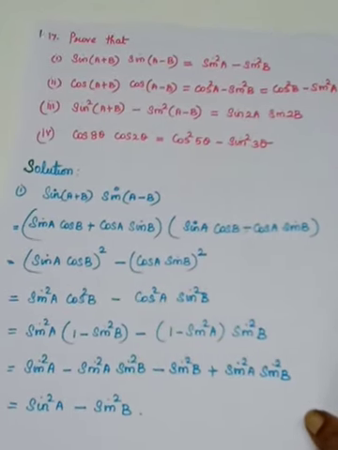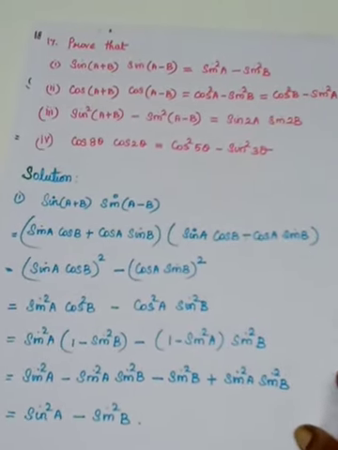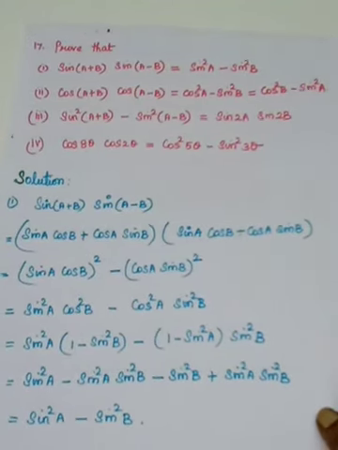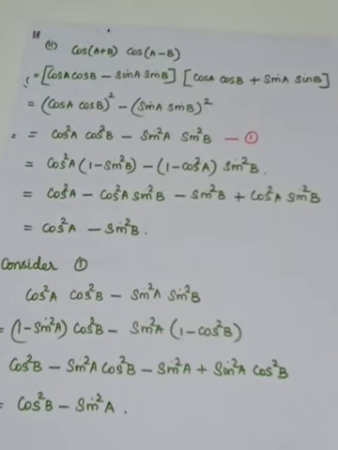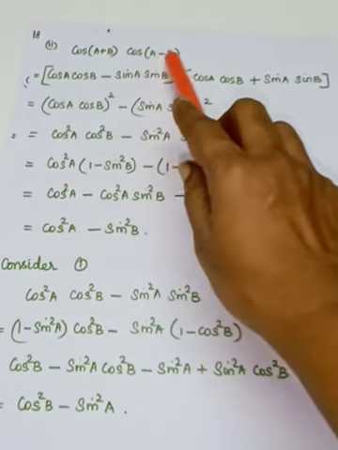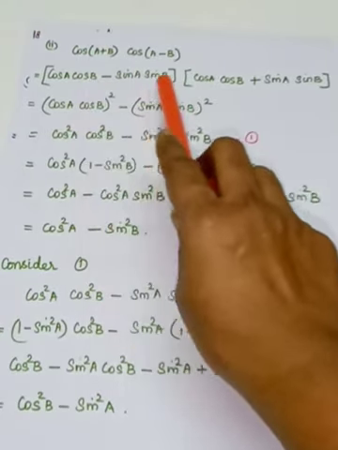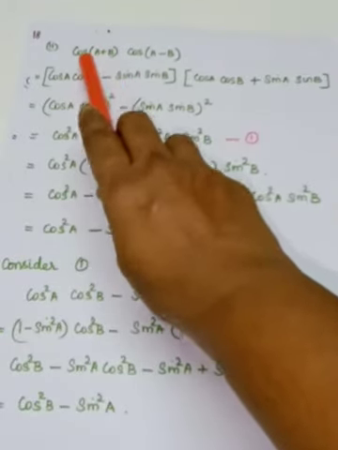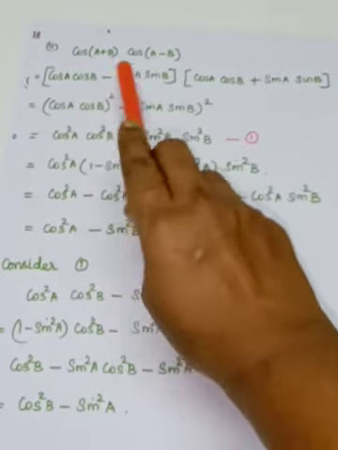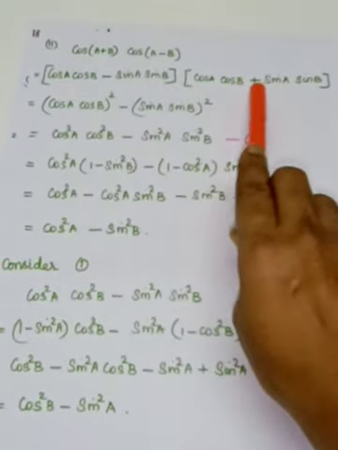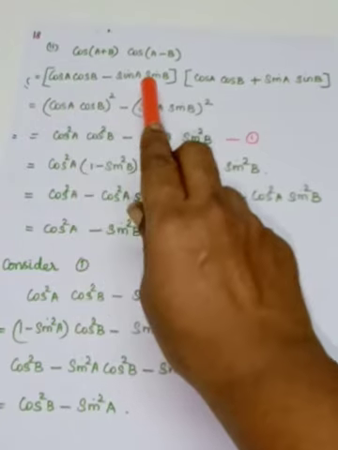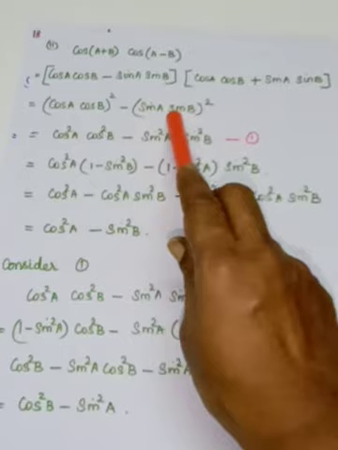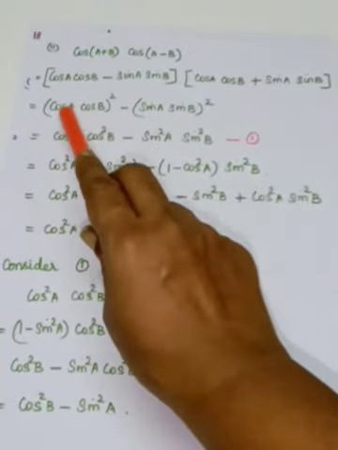Take the second result. What is it? Cos(a plus b) into cos(a minus b). We have to prove in two ways. Okay, we'll see now. In the same way, cos(a plus b), cos(a minus b), the trigonometric identity formula has to be applied. So this is plus, it is cosine. Here you will have minus, here you are having minus, so it will become plus. Again it is in the form of a minus b into a plus b. So you use a square minus b square. What is your a? Cos a, cos b.